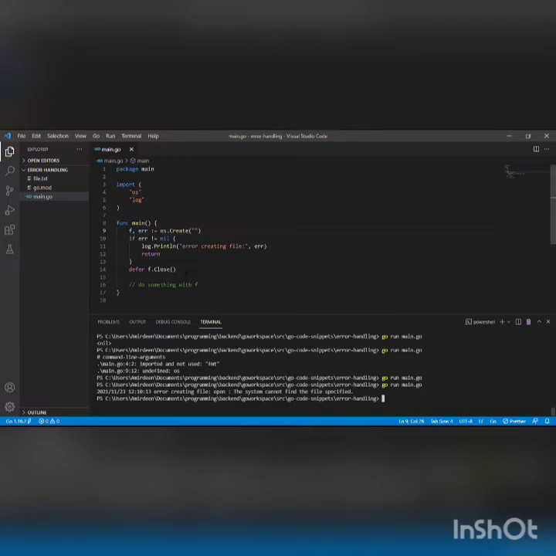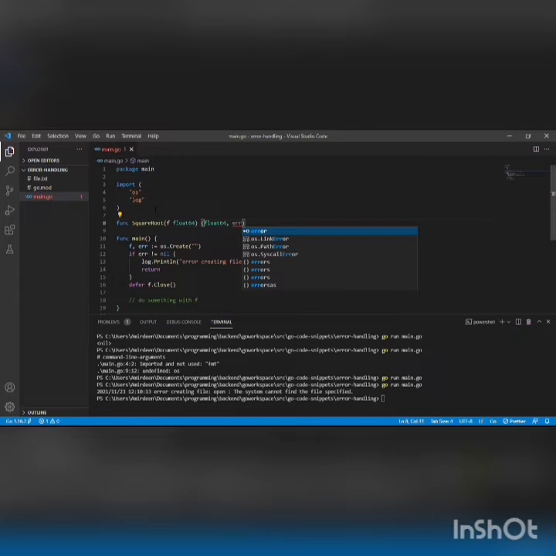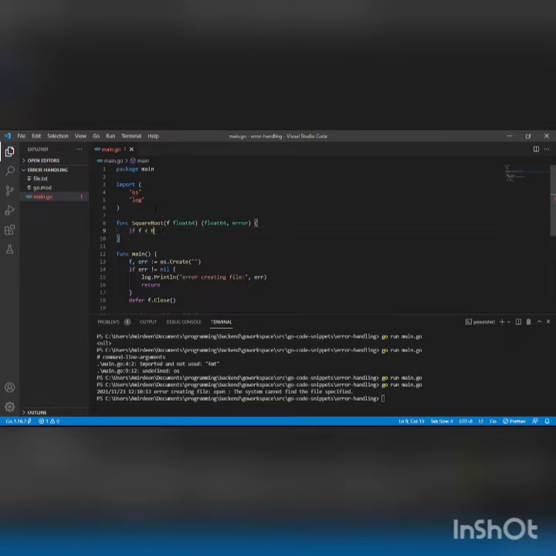You can also create your own custom errors. So let's say I have a function that calculates the square root of numbers. Square root takes in a float64, then it will return a float64 and an error. I simply say if f is less than 0, because you can't get the square root of a negative number, it is a complex number. So I can just say return